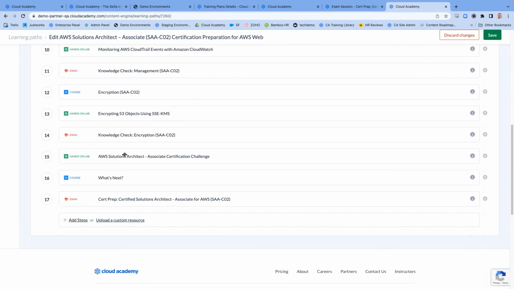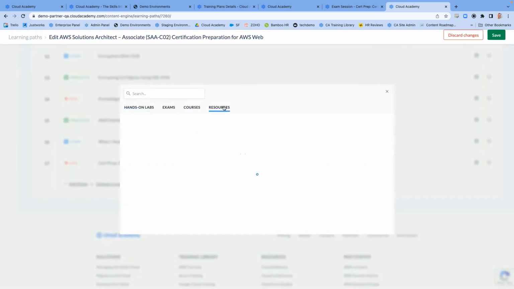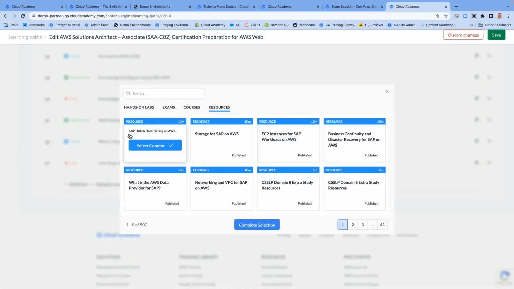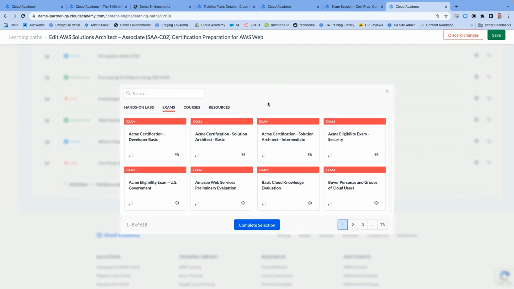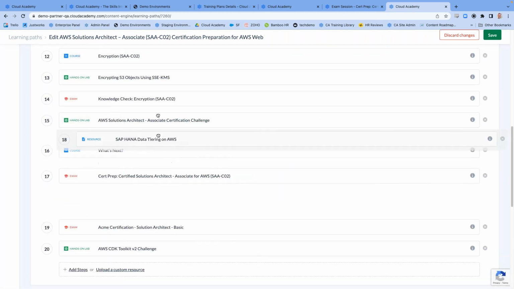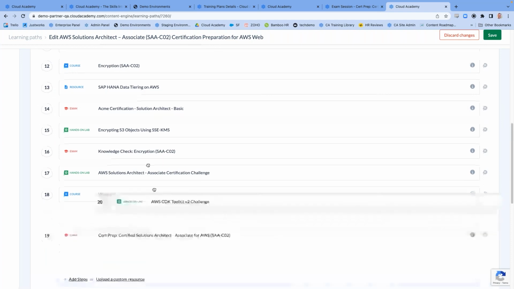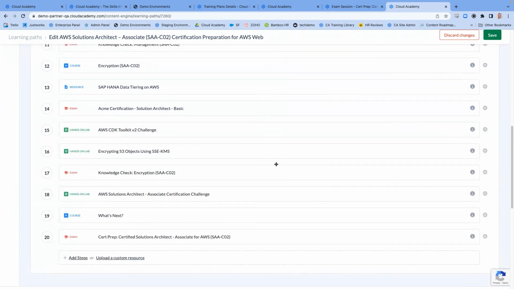But then we can scroll to the bottom and add those custom steps we were just discussing. We uploaded a brand new resource that we wanted to make sure they viewed. To make sure that they read it and understood it, we developed a custom exam. And lastly, we developed a completely custom hands-on lab to mirror our tech stack. Now we're simply dragging and dropping. And just like that, we have built a completely custom learning path.